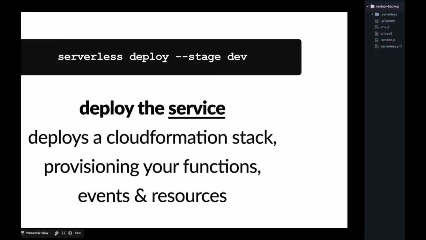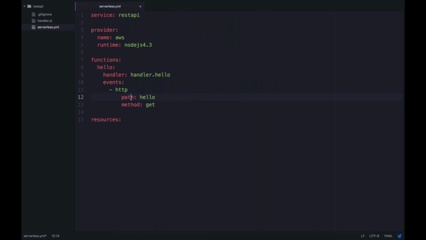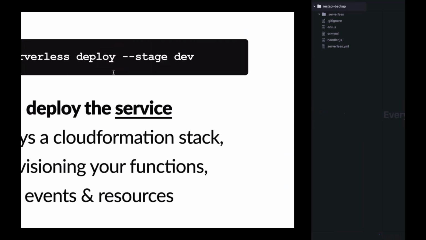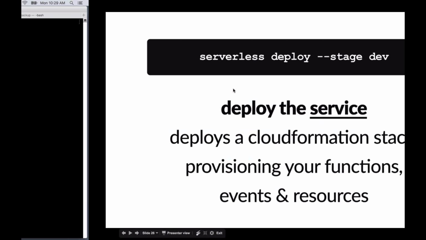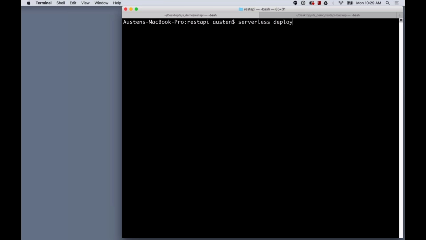So next up, deploying this. Basically, we have a Lambda function. We have an event, which is an API gateway endpoint. This is actually going to create some separate API gateway REST API in your Amazon account. Additionally, it's going to create some IAM resources and manage all the permissions for working with these two infrastructure components together. That is the API gateway endpoint and the Lambda function. And all we have to do to deploy this service is run serverless deploy. And I'm not going to add in this stage flag because it's automatically set to dev. So I'm going to run serverless deploy, and it's automatically going to be deployed to a dev stage.